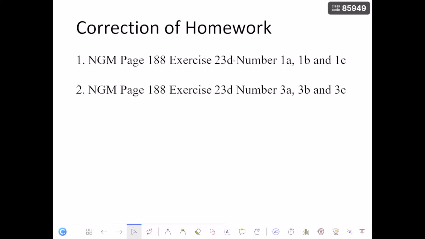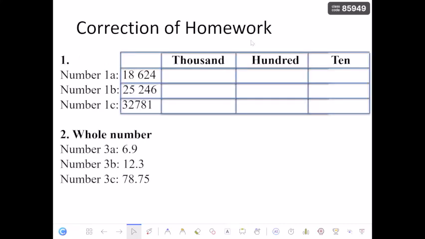Okay, so this is the homework I gave yesterday and I've already marked this today in the class. Let's do the correction together so that you know how to get it. Now, the homework says we should approximate 18,624 to the nearest thousand, nearest hundred, and nearest 10. So the same thing to 25,246 and 32,781. So how do we approximate these various numbers to the nearest thousand, hundred, and 10? Let's start. As I said in the class,